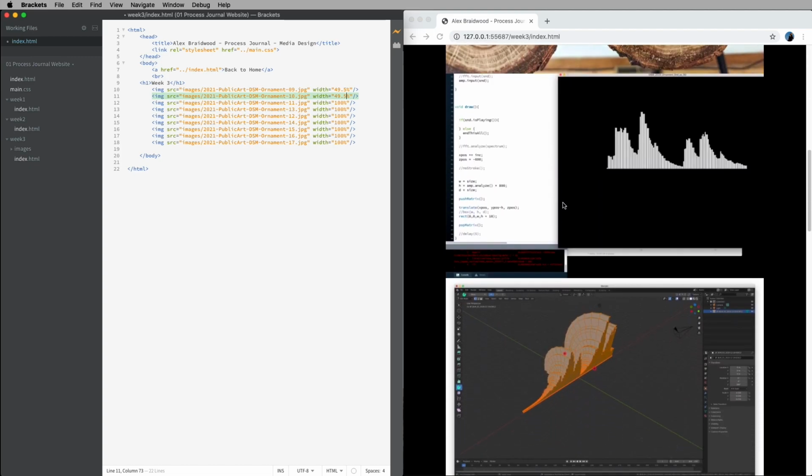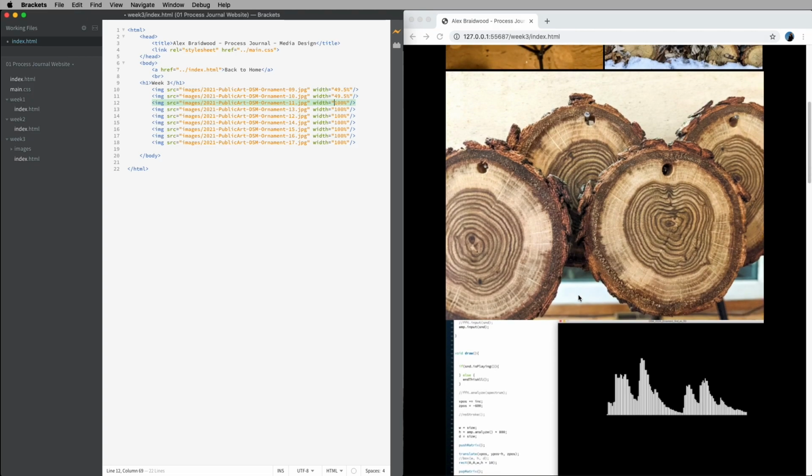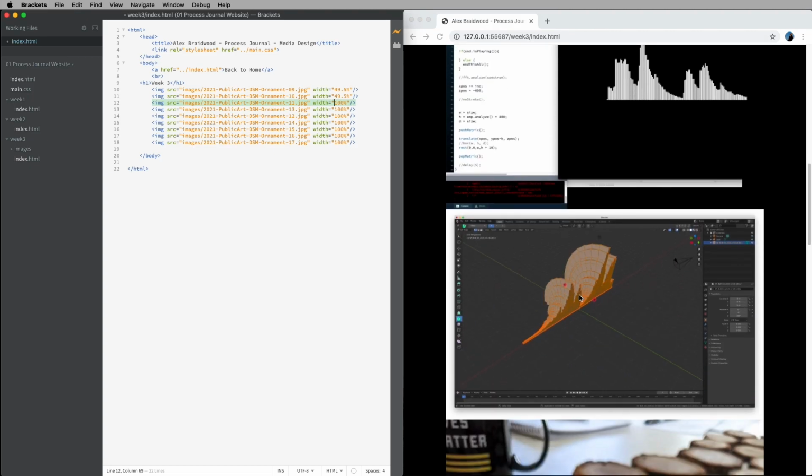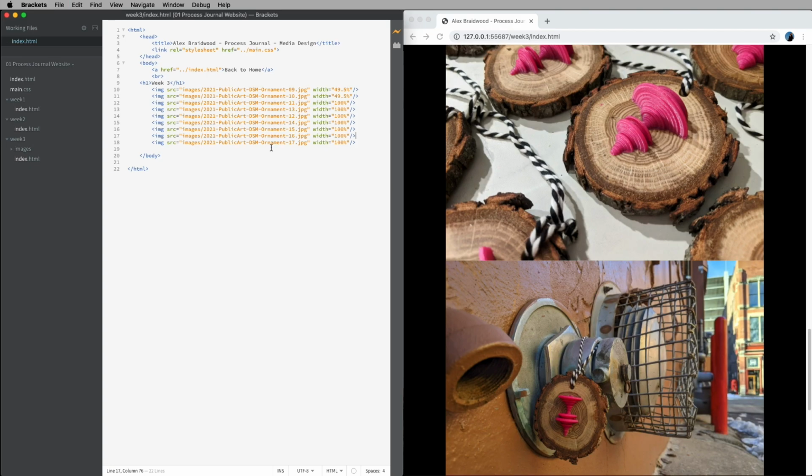And then you can go down in any of these images that you would want to be only half the size. You can put them in at like 49.5%, and then that will shrink them up and they will stay next to each other. So that is bringing in images and embedding them, and also